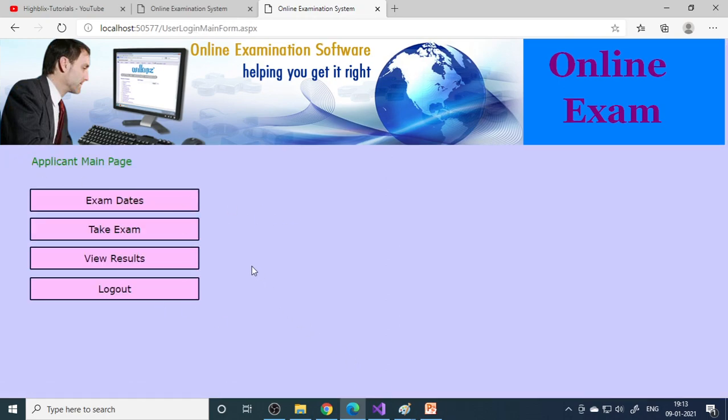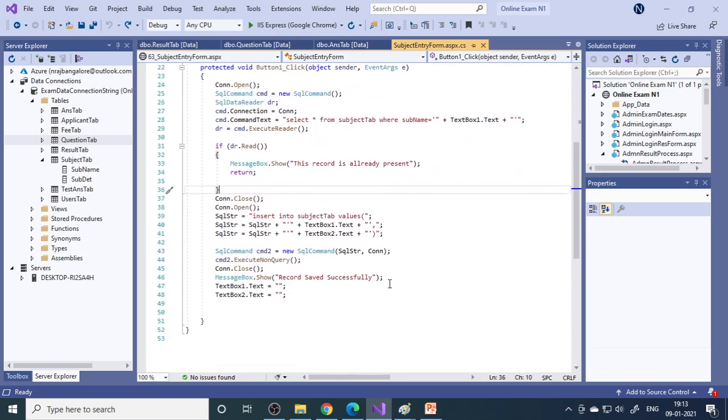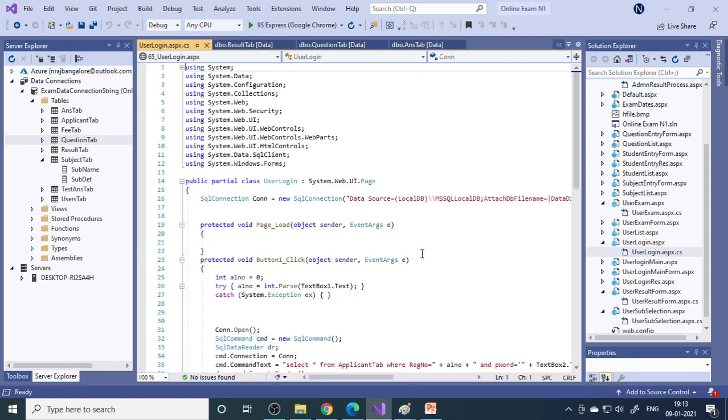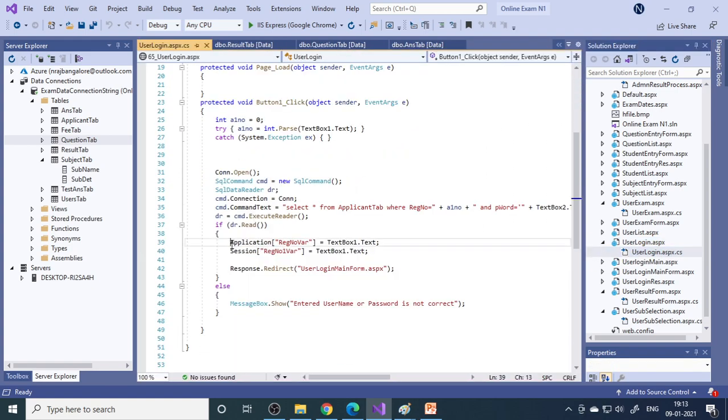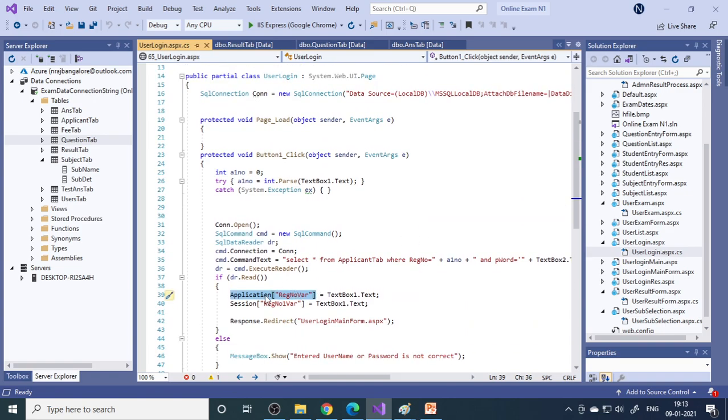So how do we remember the user ID from page to page? For that we are using an application level variable. I'll show you that one. So when user login takes place, you can see that there is an application register number variable. So that will store your value. So for any page we go, that value will always be stored. Or you can also use the session variable. So session variable, like how long you are working in the same session, till then it will be stored. But application variable will hold for a longer time. So therefore we are using both here. But when you're searching, we use any one.